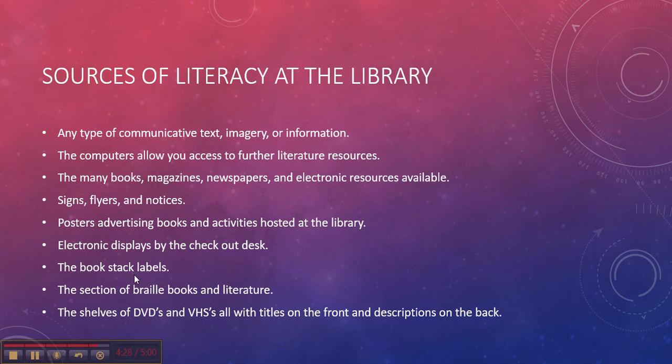The book stacks are all labeled. In fiction, they're labeled by author's last name. In nonfiction, it's by the decimal system, and each end of the stack is labeled with either the letters that are contained, the author's last name, or the range of numbers that are contained within those shelves. There is a section in the children's section of Braille books and different Braille literature, also a Braille kit